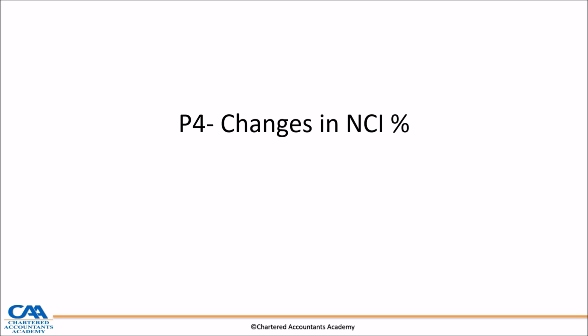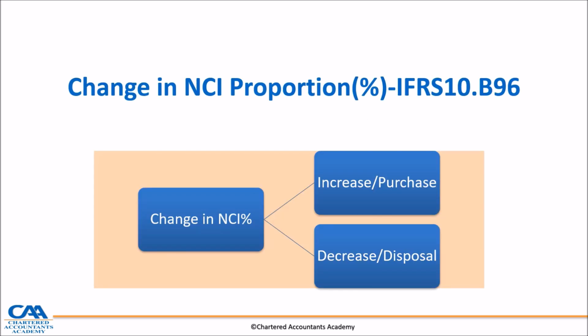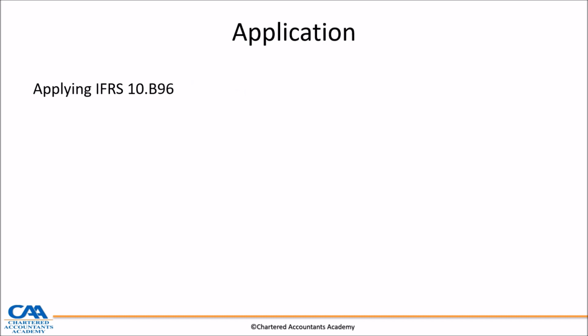I'm here to take you through changes in non-controlling interest percentage on presentation 4 of changes in degree of interest. How does a change in non-controlling interest proportion happen? It can happen either through an increase, or a purchase, or a decrease, or disposal. And this change in non-controlling interest is covered or dealt with by IFRS 10